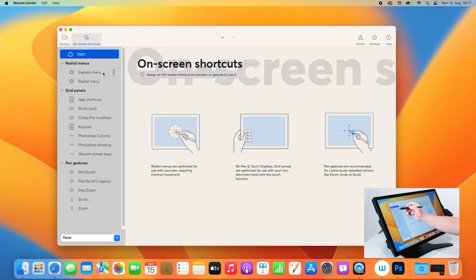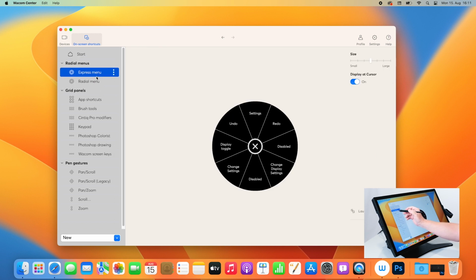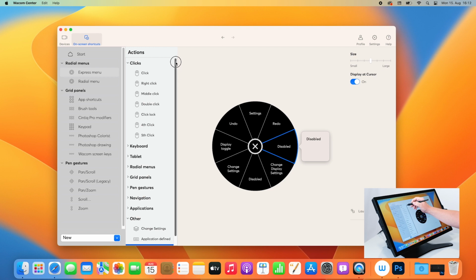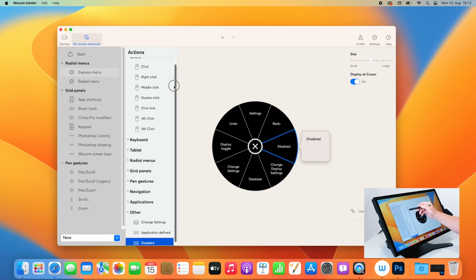So we have a couple of predefined radial menus like the Express menu and the Video menu, and each of these, I would say, segments is predefined by a shortcut key or by a driver functionality, but you can easily change the setting by just clicking on one of these segments. For example, if I want to change the 3 o'clock segment, which is disabled in the Express menu, I will click here. And now, you might have seen this window before. You will find a lot of actions which you can assign to this specific segment.